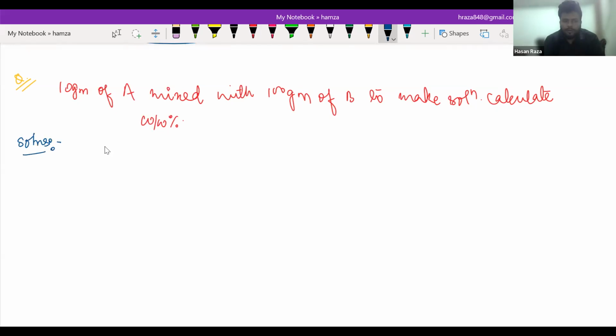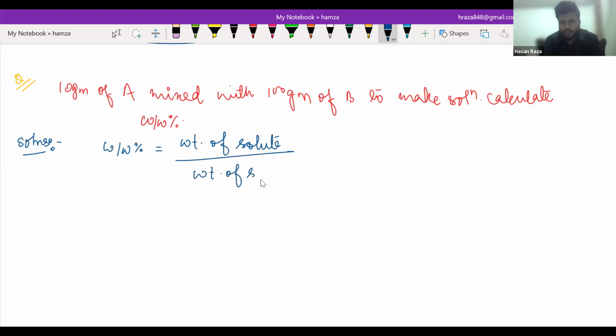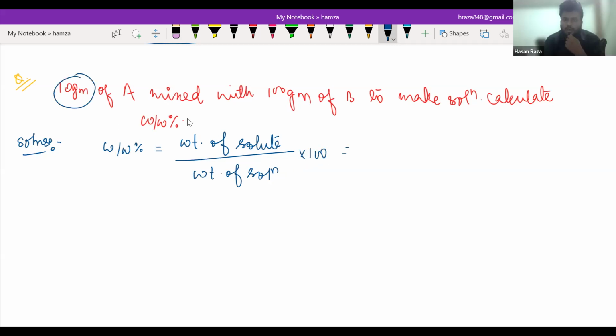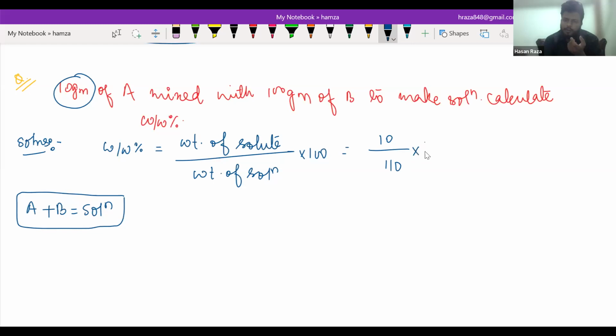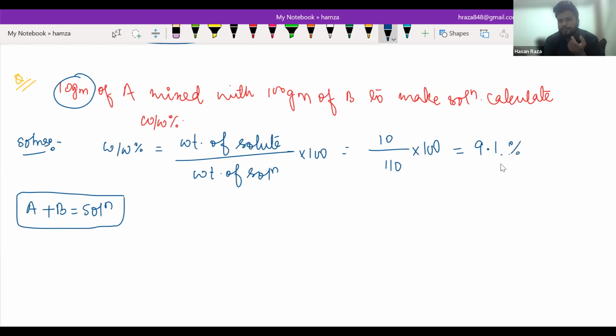what is the formula for weight by weight percent? Weight by weight percent is equal to weight of solute upon weight of solution into 100. Now you can see the one which is lesser in amount is solute, that is 10, and 10 gram of A is mixed with B, then a solution will make, right? Yes, sir. Then what is the mass of solution? 110. So 10 by 110 into 100, and if you are going to solve it, it will be 9 point something percent. Okay,